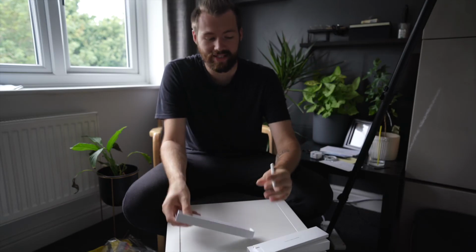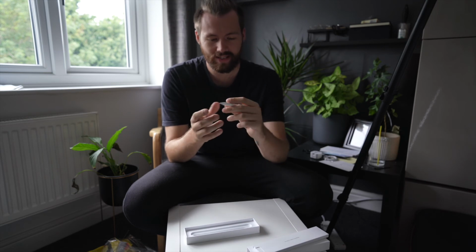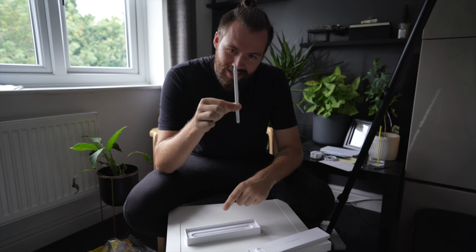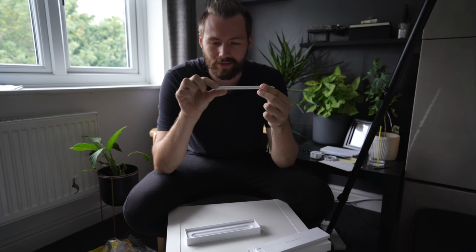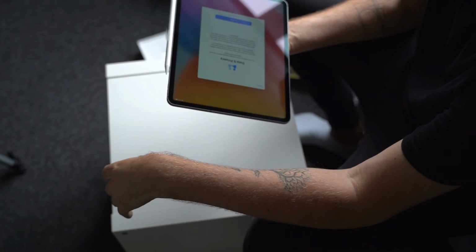Wow, that is crazy. I would have thought it would have felt so crazy. I don't know. I can't talk. This is £120, but it's a device that will serve you so well, whether you're writing or drawing or colouring or colour grading or video editing, photo editing, everything. Wow. And it's so...